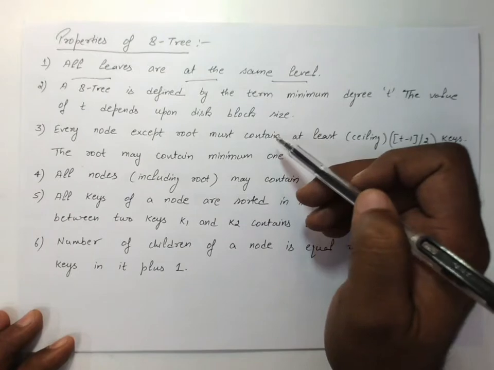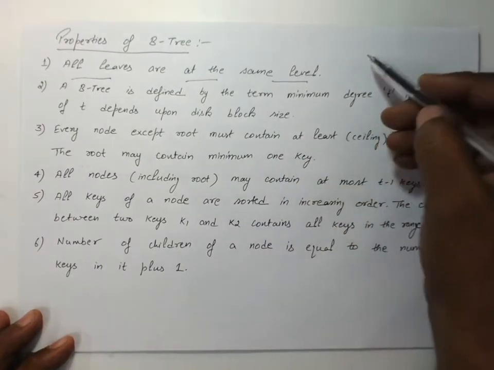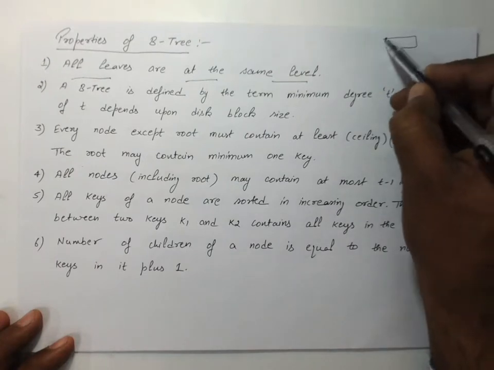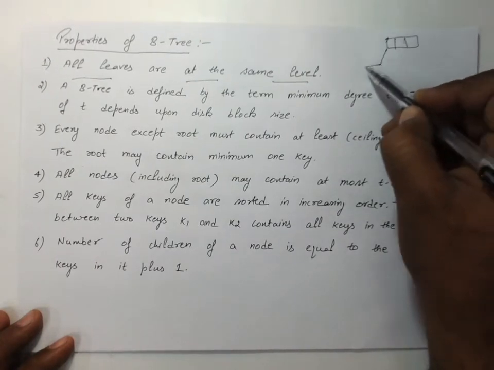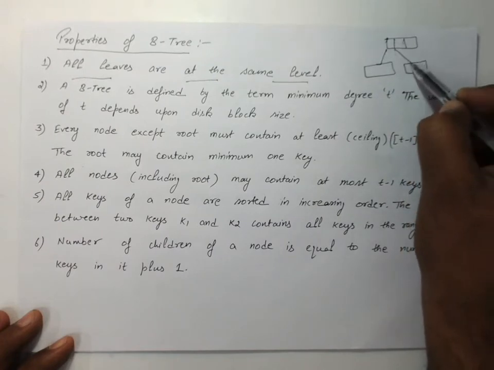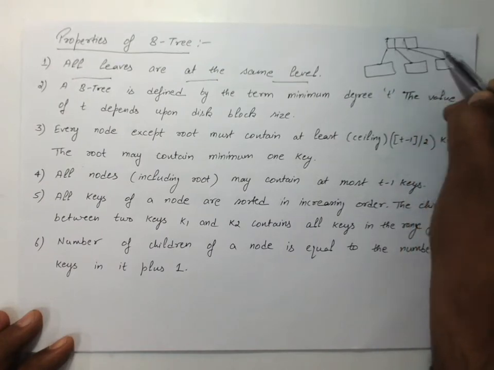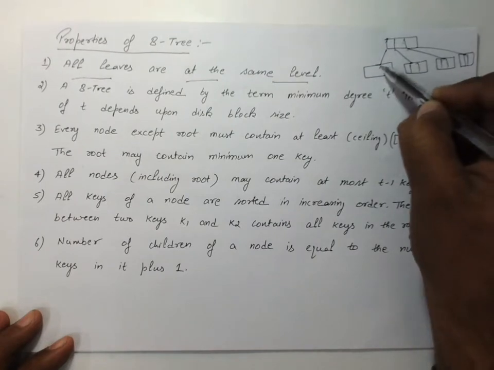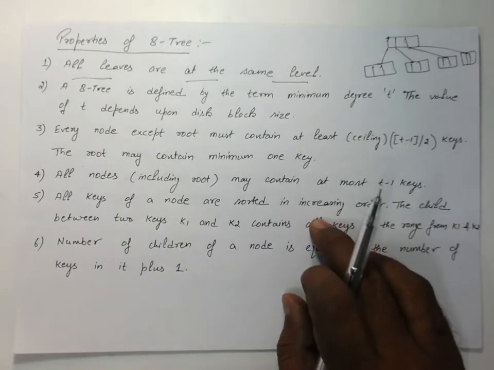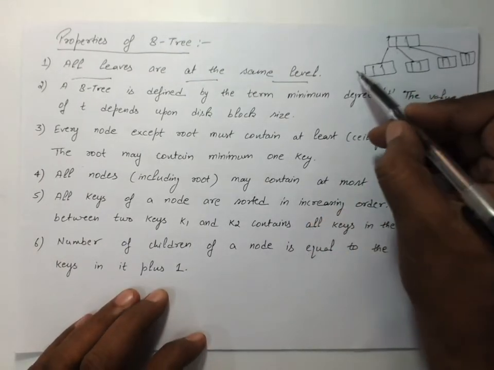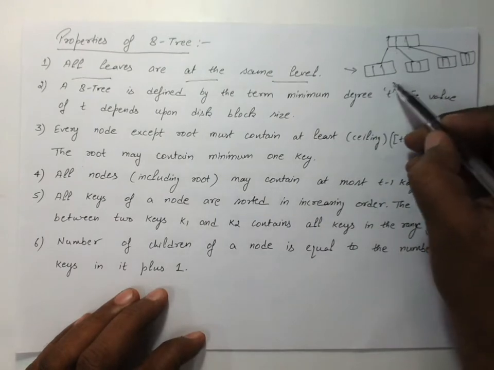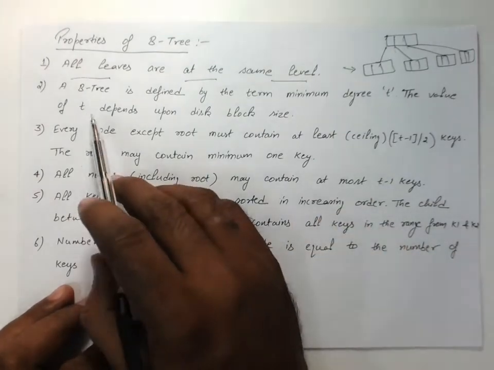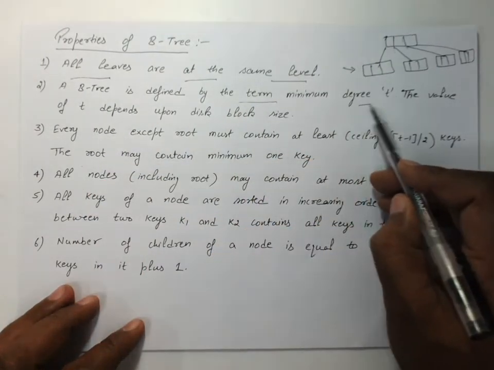As I have already told you, in case of any tree, when you want to perform an operation, for example, I say that this is a simple tree, you can store at most 3 key values in a particular node. You can see in the slide that all the leaves are at the same level. Clear?